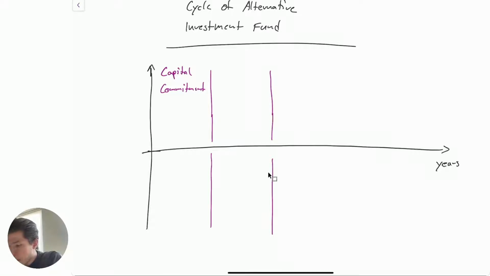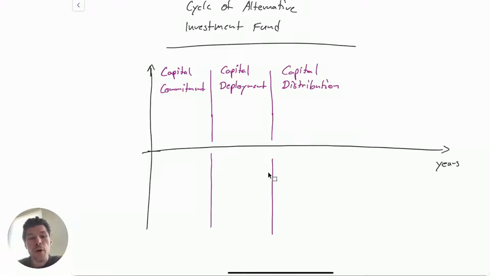And what happens is, I come to the second phase, capital deployment. That's then where the committed capital is used and deployed. So this is where the fund's money is invested into a variety of underlying investments. So that's why we call it deployment phase. And then the last phase is capital distribution. This is where the return, hopefully the positive return of those investments, is then redistributed to the investors,